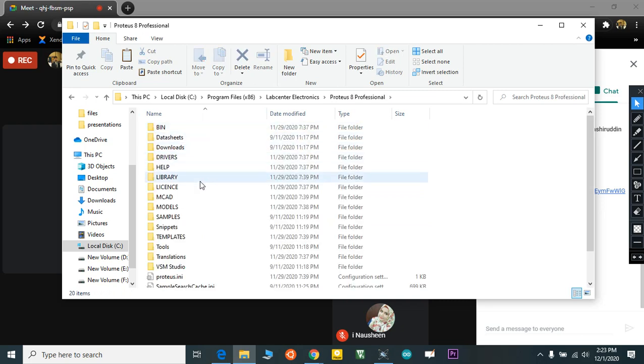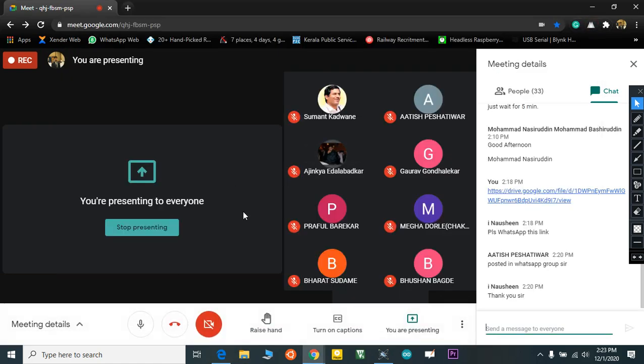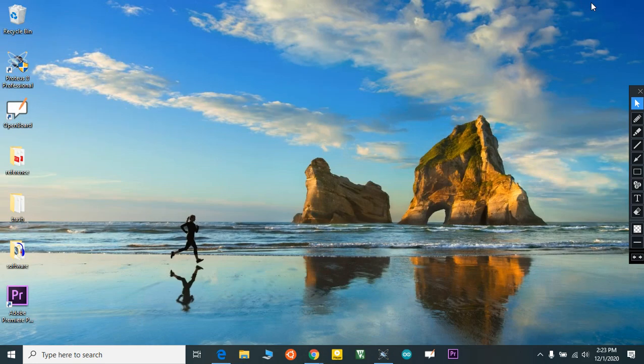Inside that, you can see a folder named Library where you need to paste this. This is the procedure you need to follow. Once you have added our module, you can close and reopen your Proteus.